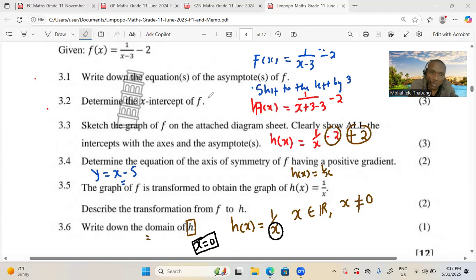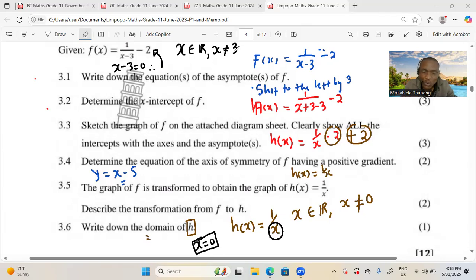The same, let's go to this one of f of x. Let's find the domain of f of x. You say x can be any real number, but x should not be the x asymptote. What is the x asymptote of f? I said when you are looking for the x asymptote, you take the denominator and equate it to 0. The x asymptote is 3. So you say x should not be 3. This is the hyperbola function from the Limpopo June exam